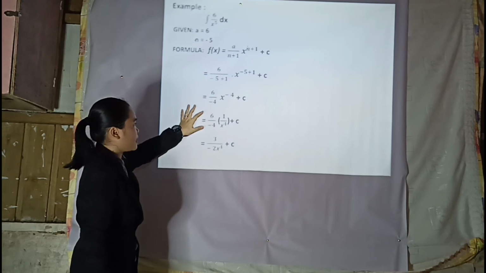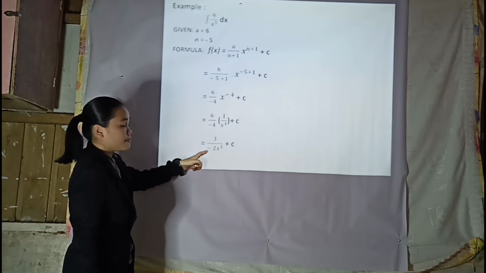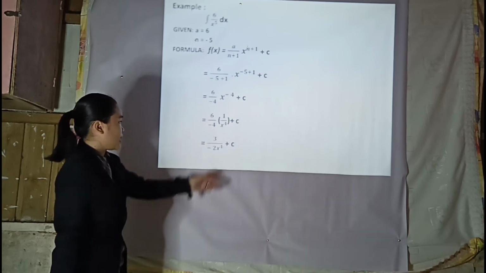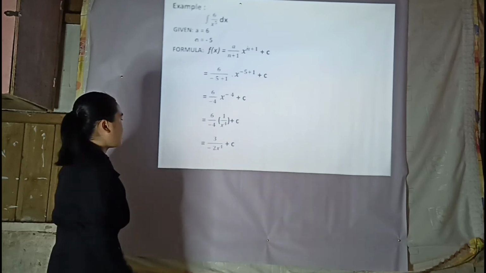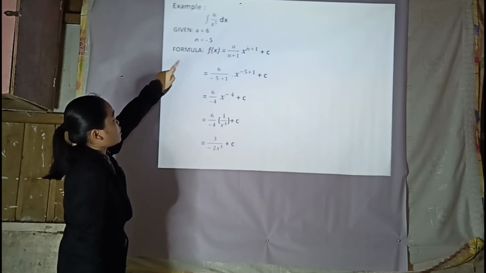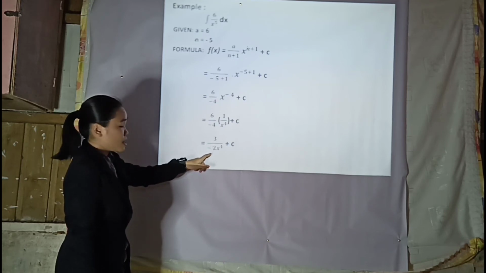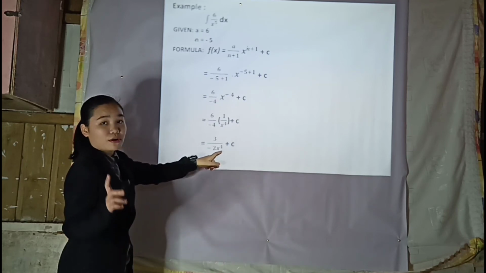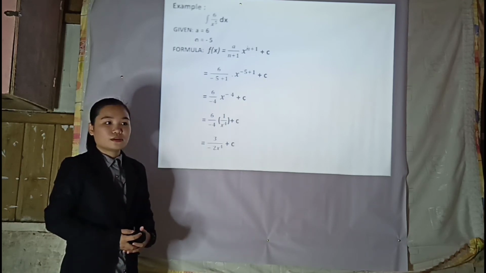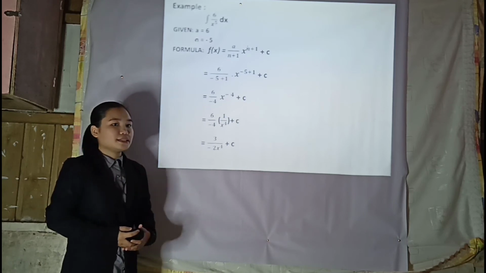So we have 6 over -4x raised to the power of 4. We can simplify it by dividing by 2. So the answer is 3 over -2x raised to the power of 4 plus c. Don't forget to write the plus c here, so that is our constant. So the answer of our equation, the integral of 6 over x raised to the power of 5 dx, is 3 over -2x raised to the power of 4 plus c. Okay, any question? Do you have any clarification? None? Okay, since there is none,